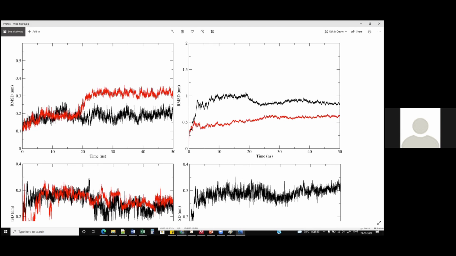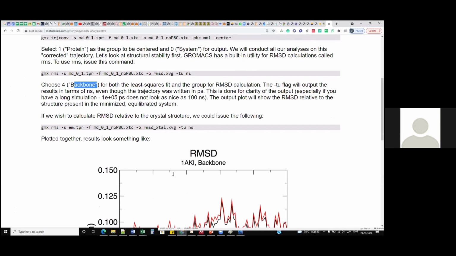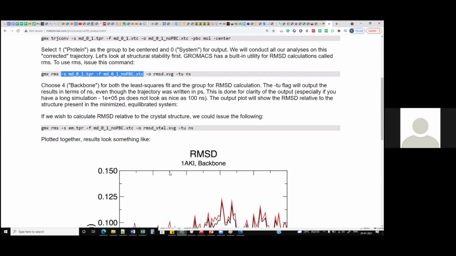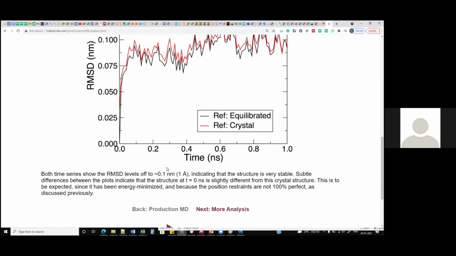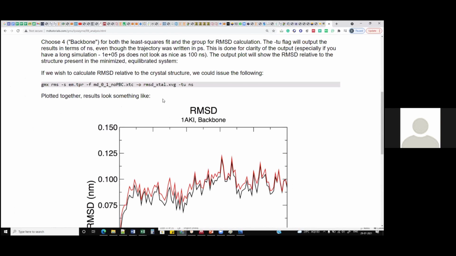I can calculate that. Before plotting this graph, you need to run this kind of command. You can plot this graph using a program called XM Grace, or Grace simply. You can just install XM Grace and use that to see how the graph looks. Whenever you run this command, you get an output file called XVG.